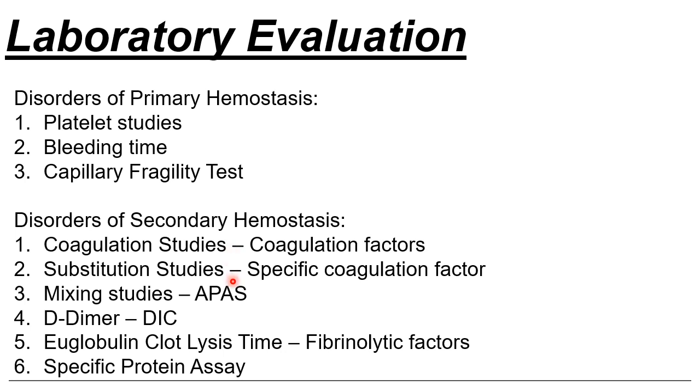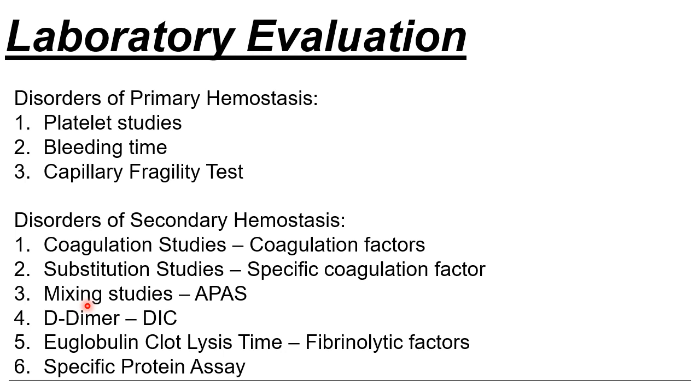And then next, these are probably for research studies. Okay? If you have identified that there is a problem with the coagulation process, you can do specific coagulation factor determination through substitution studies. We will discuss this thoroughly later, no? It will take us a while to discuss this. And then for mixing studies, we covered this during the disorders of thrombosis, no?